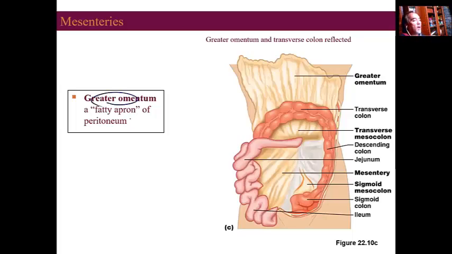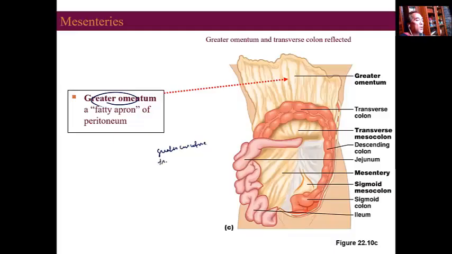It's a fatty apron of peritoneum, so it's very distinguishable. When you open up somebody's abdomen, the first thing you're going to see is that apron of fat called the greater omentum. The greater omentum is a structure that is actually invading the whole peritoneal space. It looks like an apron. The term greater omentum means it came from the greater curvature of the stomach,